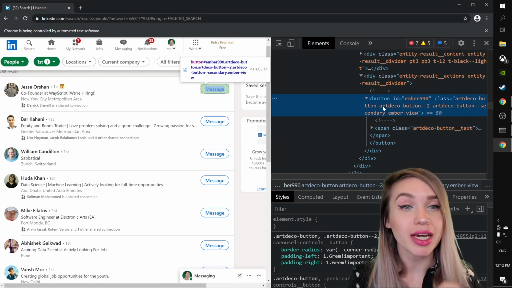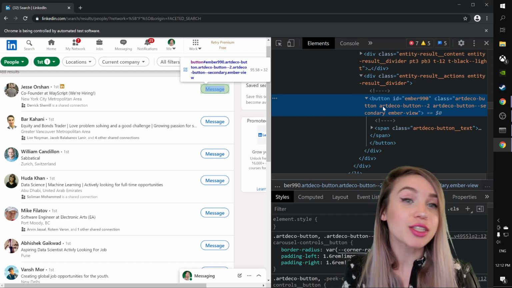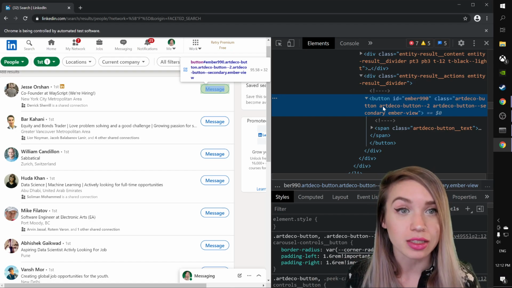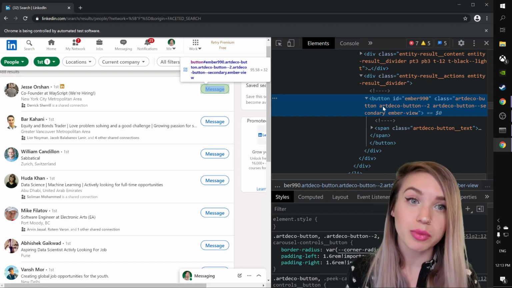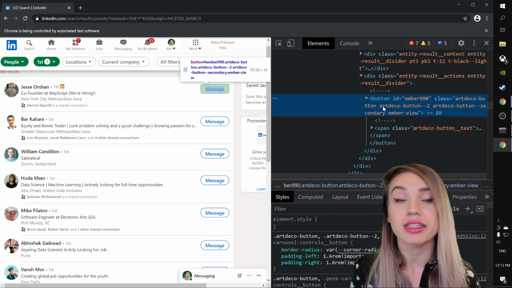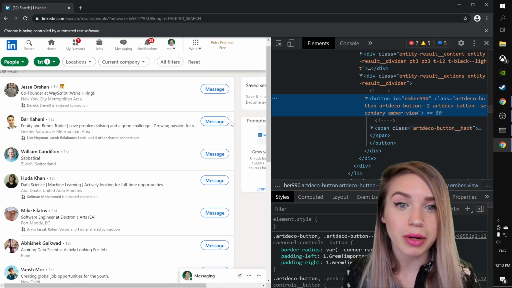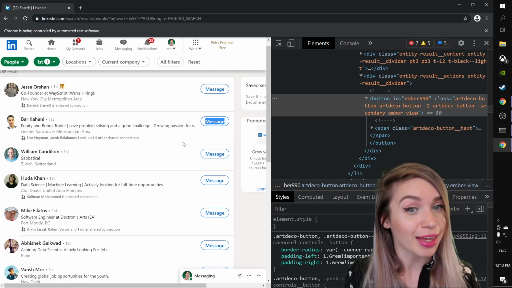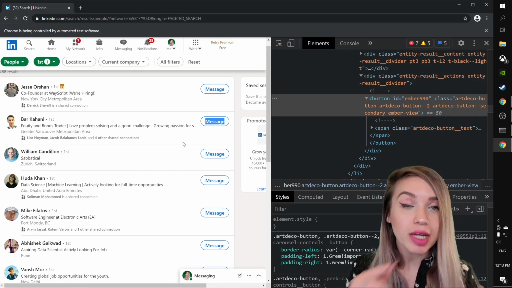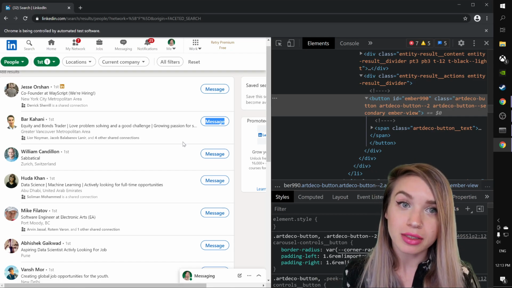And the reason why we focus on the button element and not on the span element is because you cannot interact with spans. And that's why we will focus on its parent element, which is clickable and which will trigger an action if we click it. Now, it is also very easy to see that all the buttons we are interested at will have the exact same text, aka message. So what we'll do inside our code is we will target all the button elements with the text